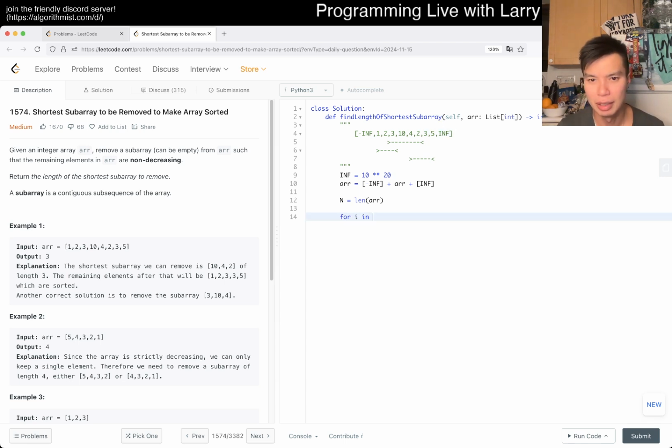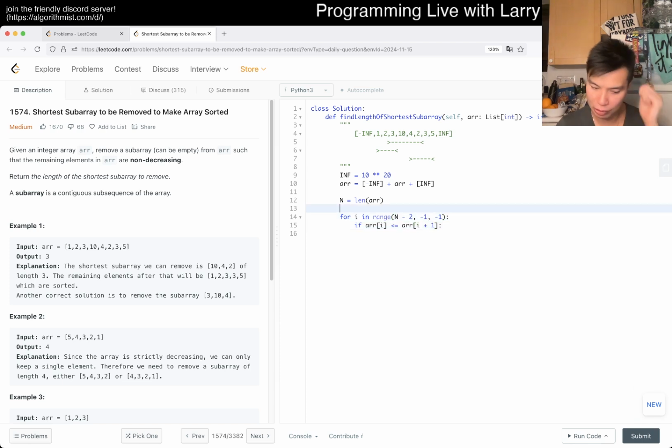Maybe the for loop is a little bit confusing, but here we can actually skip n-1. I wrote this out to be from the last element, but the last element is going to be infinity, so we can focus on the sentinel and compare it to the next element. So if array sub i is less than or equal to array sub i plus 1, then